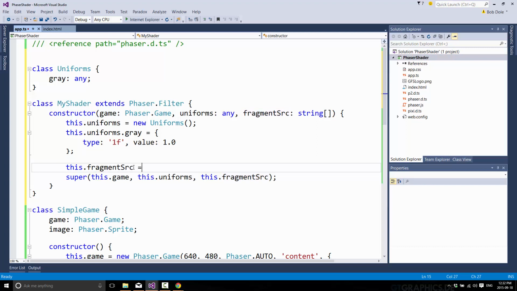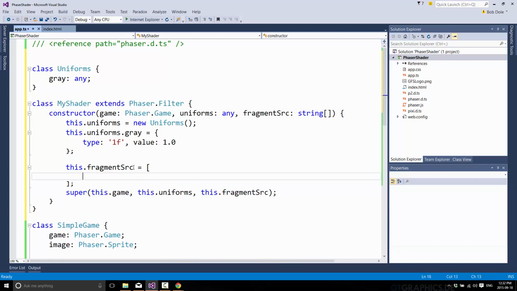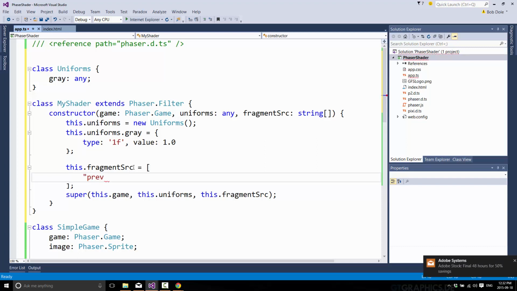This is simply a string array defining our shader source code. And let's get started. Okay, so first thing,